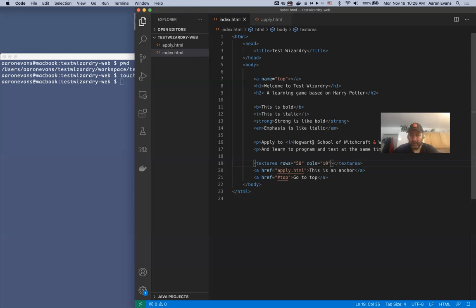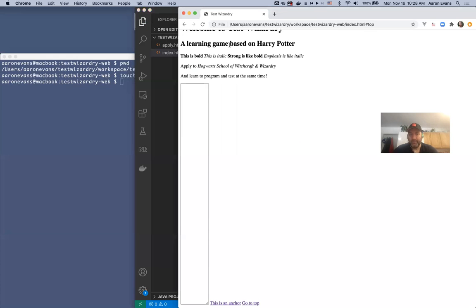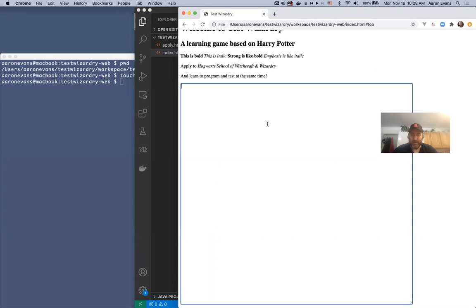Whoa. Nope, I made that 10 columns. But the reason I'm adding this is purely to, I'm going to add another tag called a form tag that this goes under, and I'll show you why in a minute. So it creates this big white square, and this is actually a text area where I can type in. But all I really wanted to do right now is to have a big square